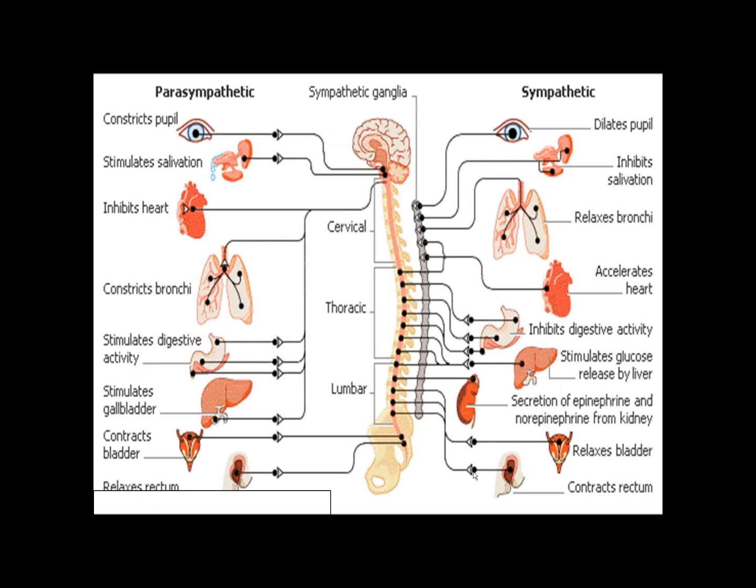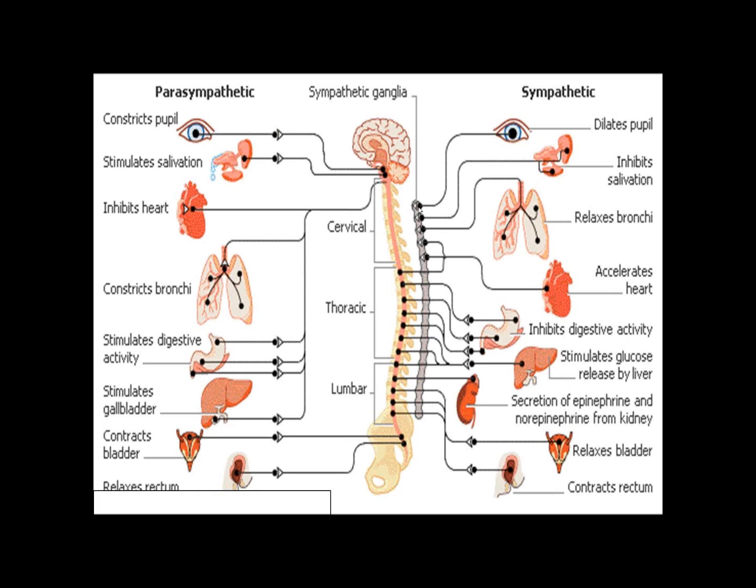Here we have it laid out in the structures. We have the parasympathetic nervous system, which comes out quite early and then branches off from one output or just a couple of outputs up here at the top of the spinal cord, and then progresses out through this pathway to these other areas of the body, regulating digestion, constricting the bronchi, for example, inhibiting the heartbeat, stimulating salivation, constricting the pupils, whereas the sympathetic